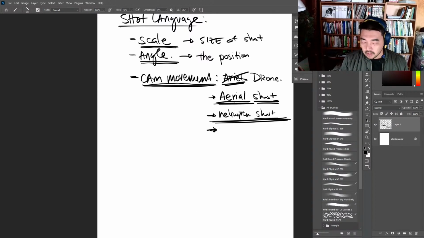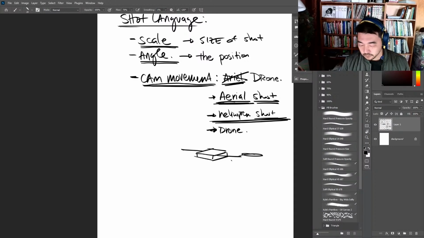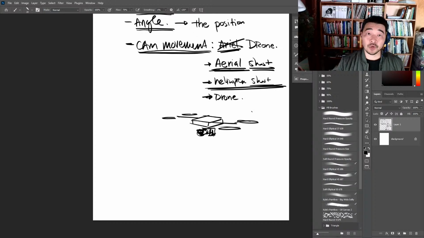But now I like to call it a drone shot because we have the ability to use drones now. And drones have little video cameras on them, and you could pan, tilt, zoom, do all these types of things. A helicopter is pretty expensive. A drone is less expensive. So this is another thing to think about when we are choosing shots. It's the price. Thank you, Ryan, Ariel.